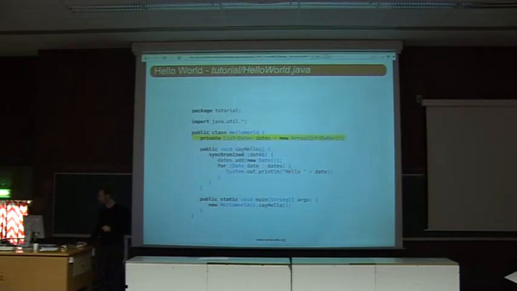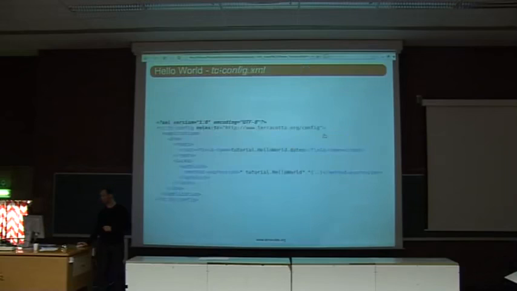Now, with Terracotta, I can point to that dates data structure by creating a configuration file. So I'm saying the Hello World class has a dates data structure. I want to lock automatically on it so that each synchronized statement becomes clustered. And when I do that,